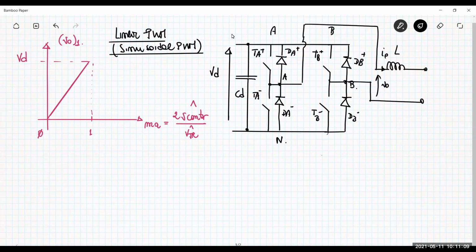Okay, so this is my converter in which I put just switches instead of transistors. Basically, you can use a different kind of transistor, but for the range of application that we are concerned with, so application in the low power, up to 1 kilowatt more or less, basically two kinds of transistors are currently employed, that are IGBTs and power MOSFETs. Okay, there is a little difference in the conduction of these two kinds of transistors. Okay, so if you have MOSFETs,